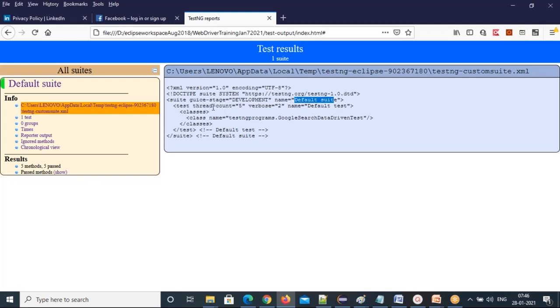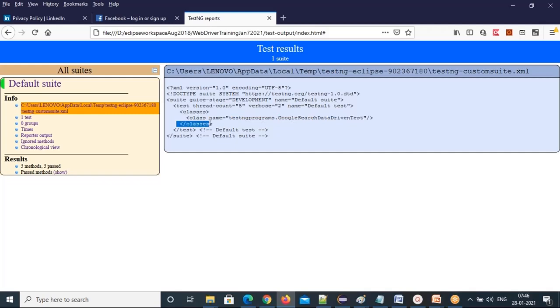Then the test tag, with thread-count 5, verbose 2, name equal to Default test. These are all different attributes inside the test tag. Then the classes tag. Inside classes we have a class tag to represent the individual class, with name equal to the package name dot the class name.